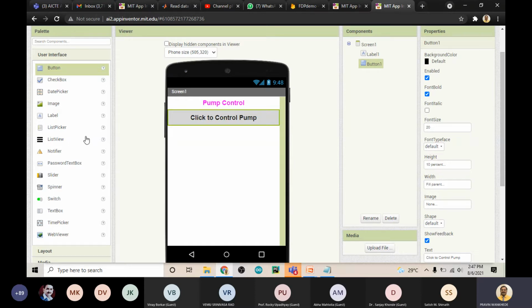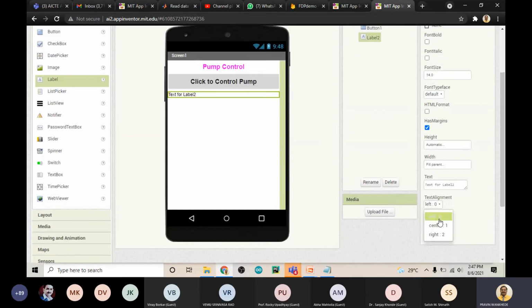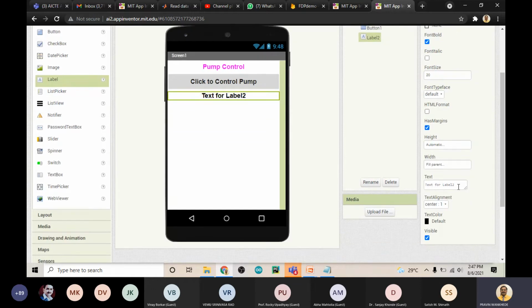Fine. Now I will take another label here and again do the same properties. Width fill parent, alignment center, font bold, font size 20, and I will remove everything from the text.